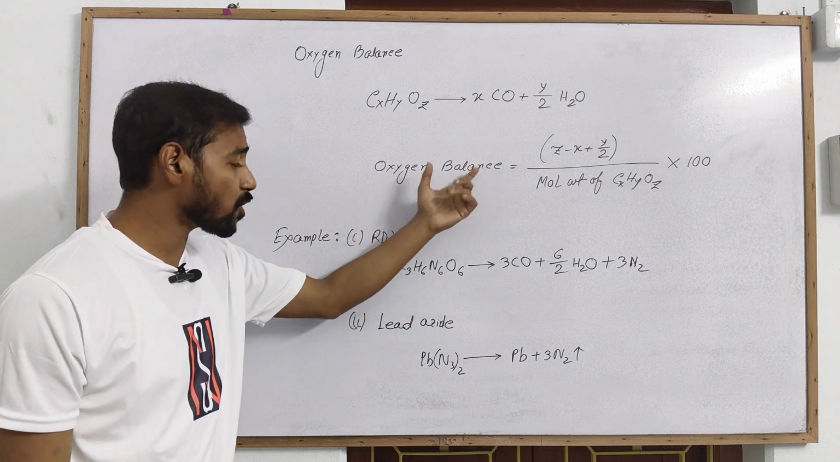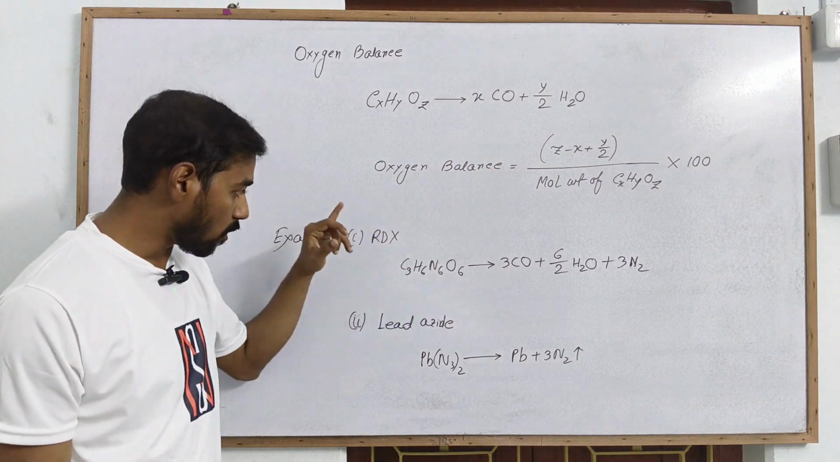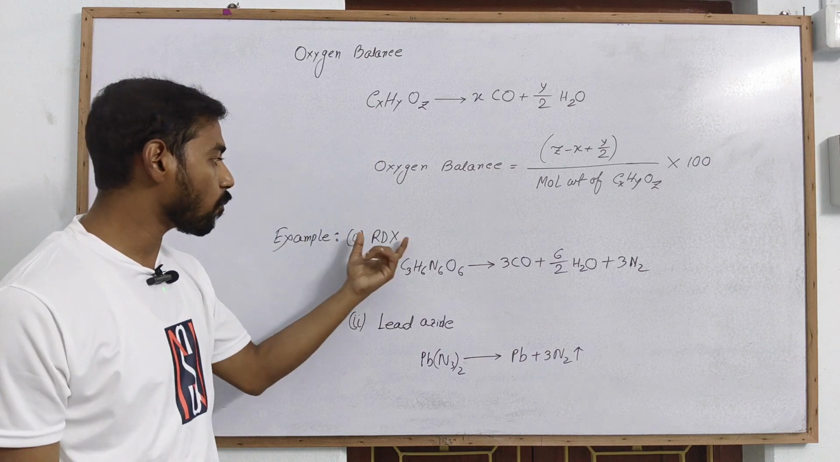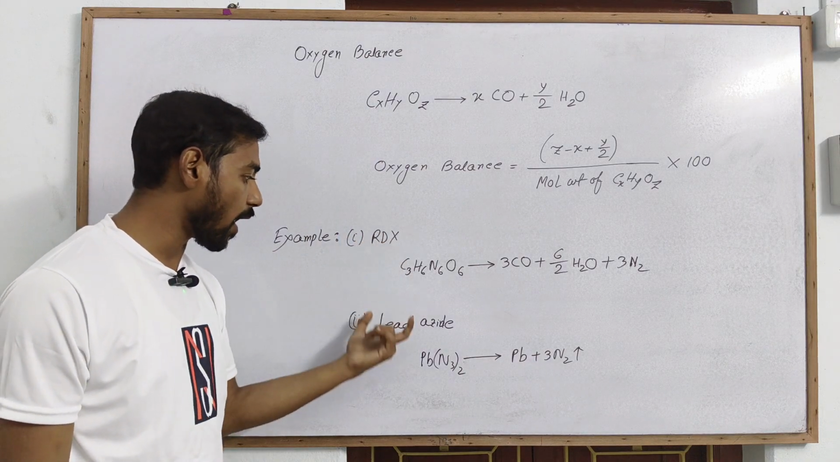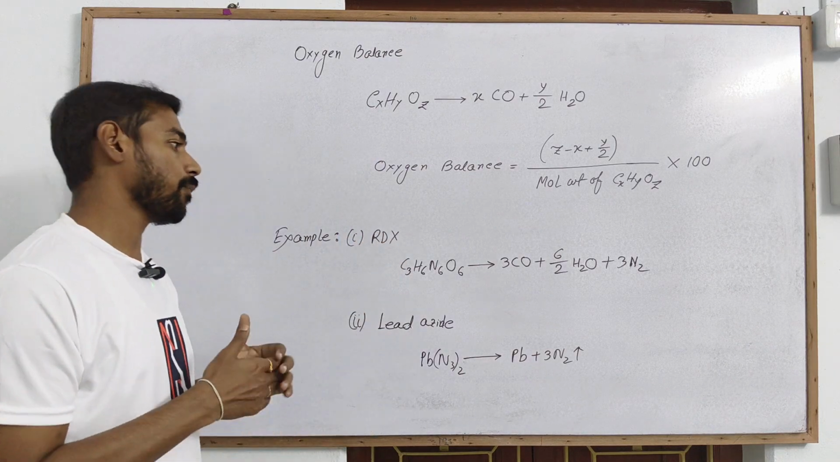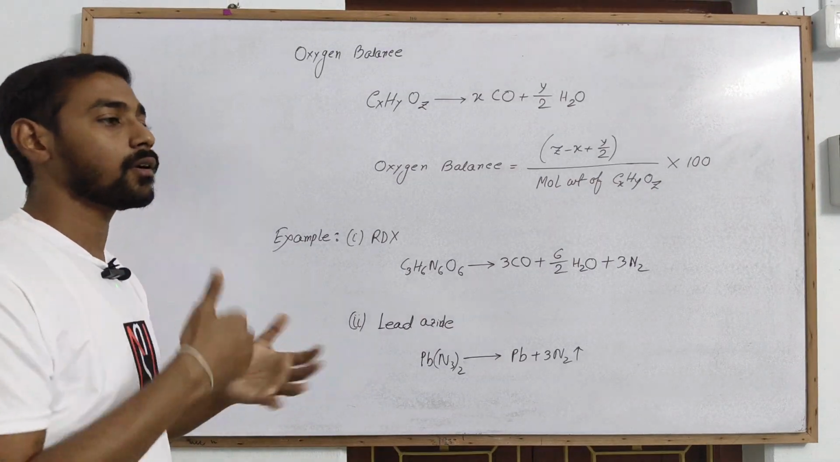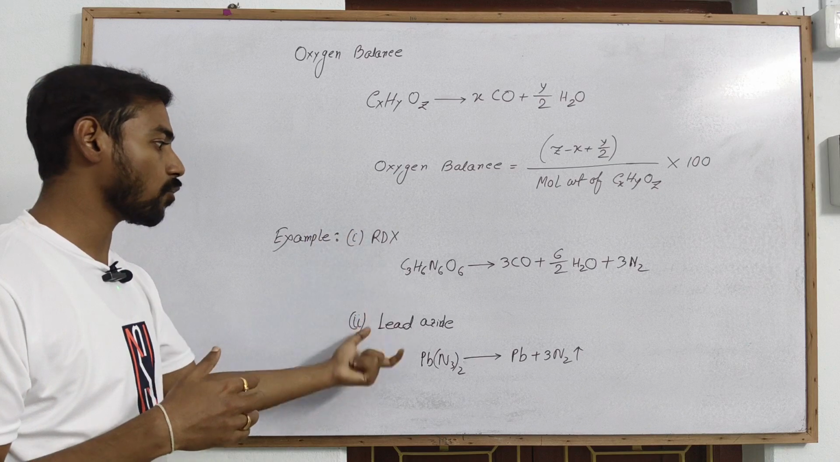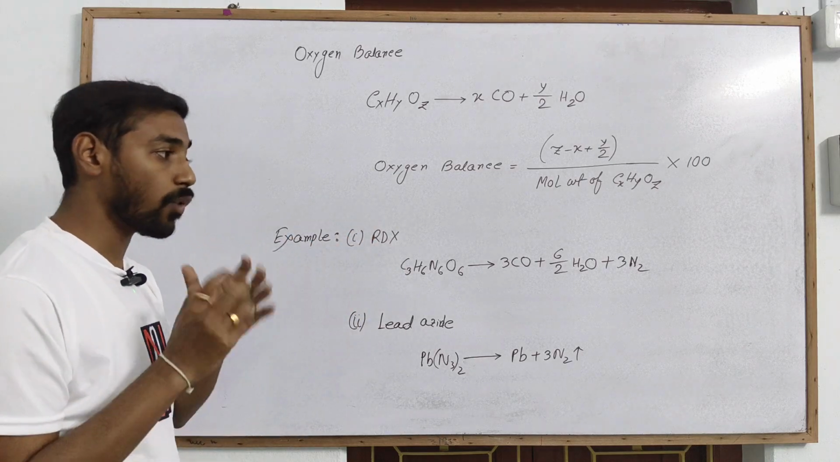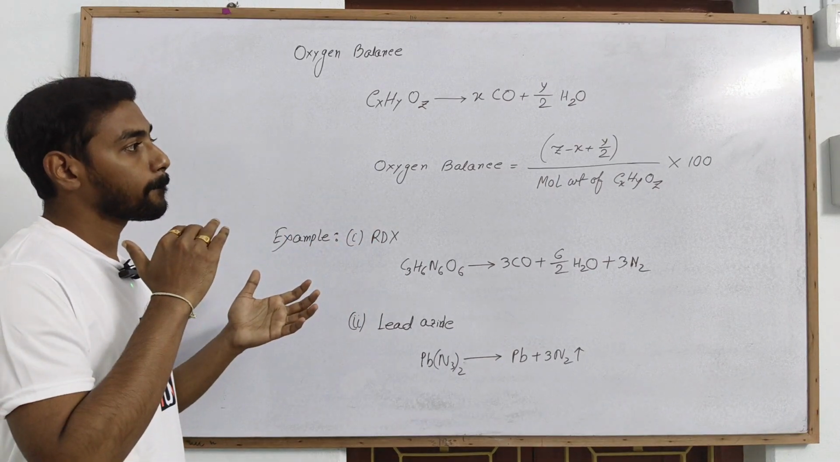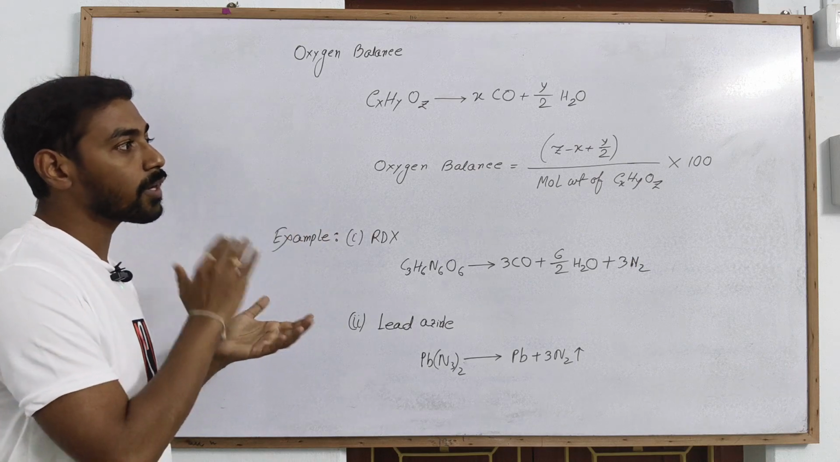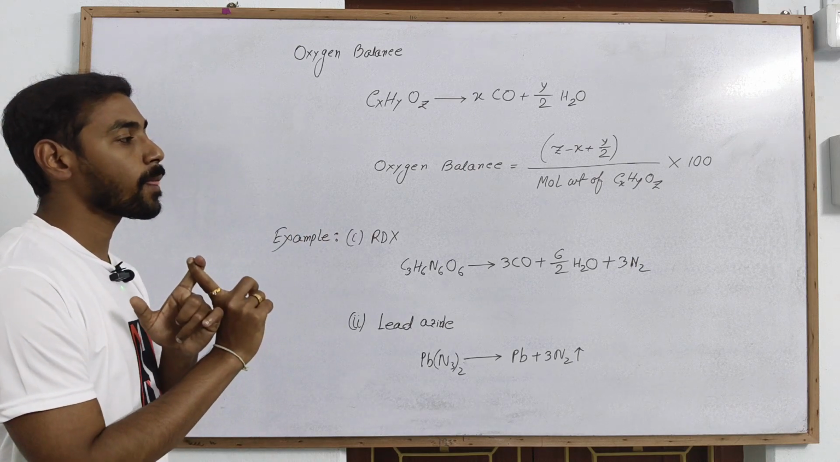So as per this equation, try to calculate the oxygen balance for both of these reactions, that is RDX and lead azide. And after the calculation, you will come to know a different result. What is that? In the last slide, we have already come to know one point, that